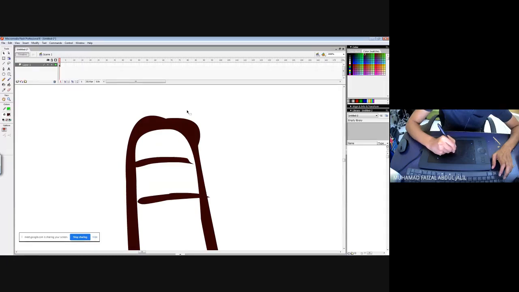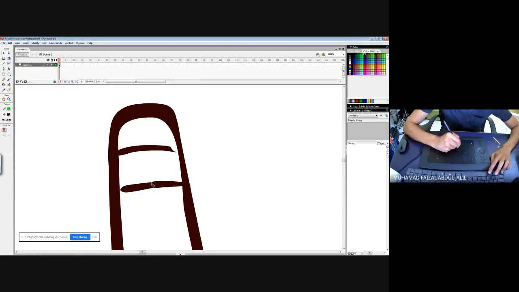For Adobe Animate or Adobe Flash, if you use the selection tool, click over here and then click the point at the border, you can change it. This is how you can refine the mistake that you have made just now.